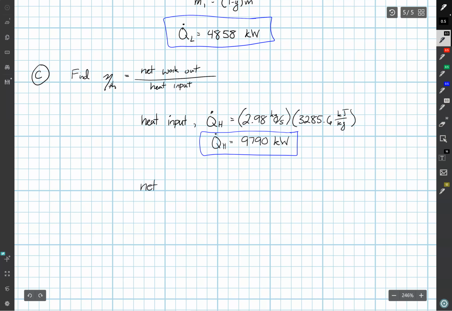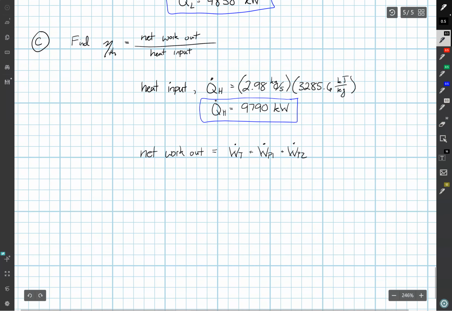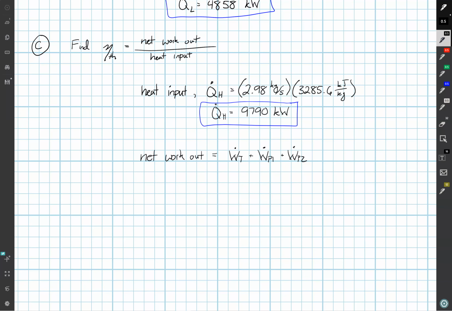Next, we need to find the net work. The net work output is the sum of all of the work terms. That's W dot T, W dot P1, and W dot P2. Understanding that the sign has to work out so that our turbine's work is positive and we're subtracting off the work that we had to put into the pumps, because that's work that we had to put in, not work that we're getting out. So our net work, W dot net, is equal to 5,000 kilowatts. That's the work of our turbine,